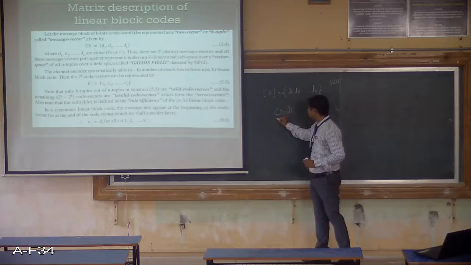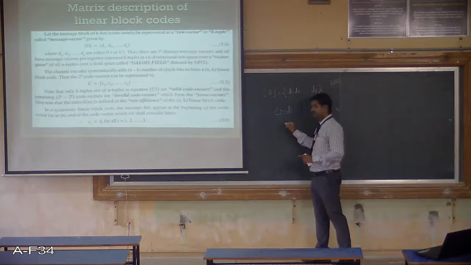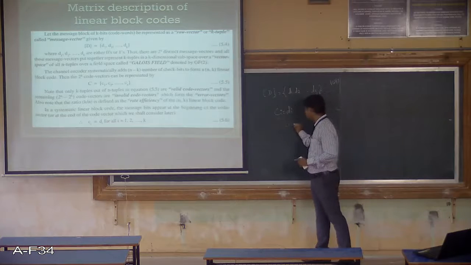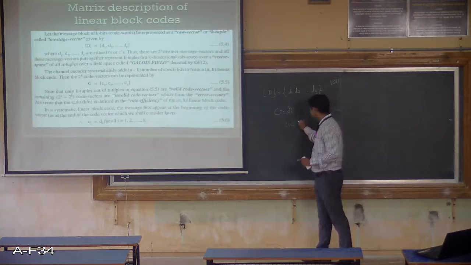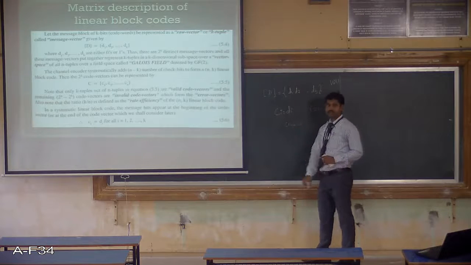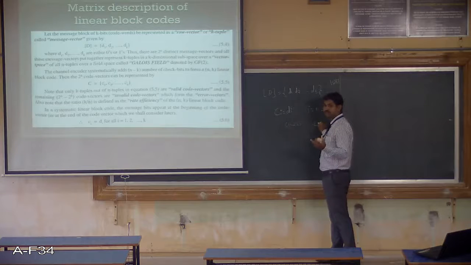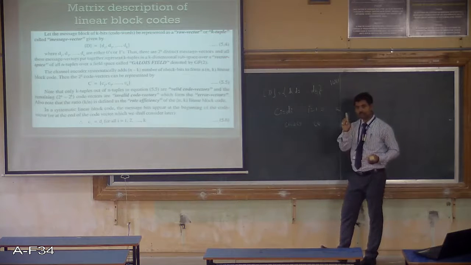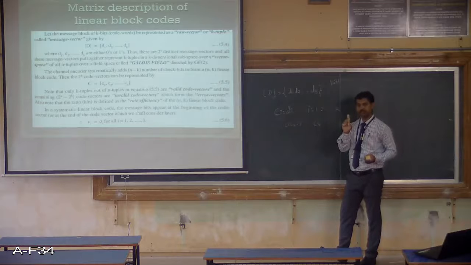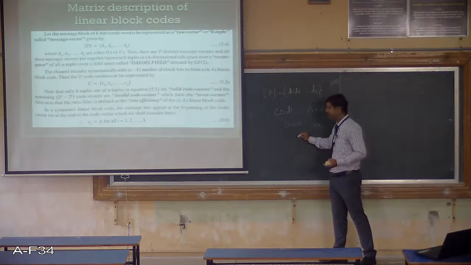So that's what Ci is. Suppose the first bit of the code word I call C1, the second bit of the code word I call C2, the third bit of the code word I call C3, and so on up to, if the length is 8, C8. I am just talking about only one sequence, and in that sequence I am talking about positions: first bit, second bit, third bit.